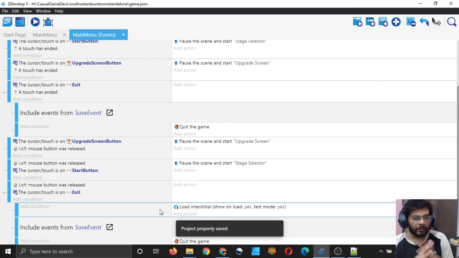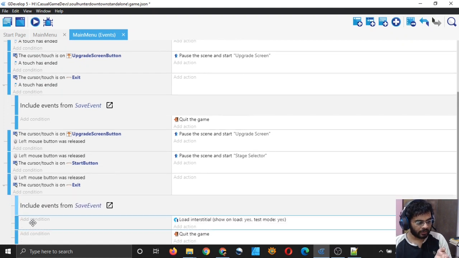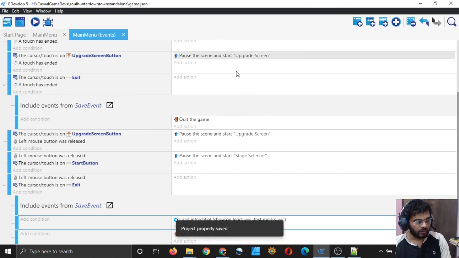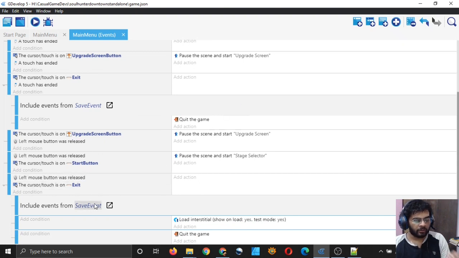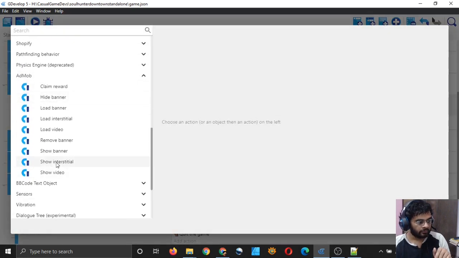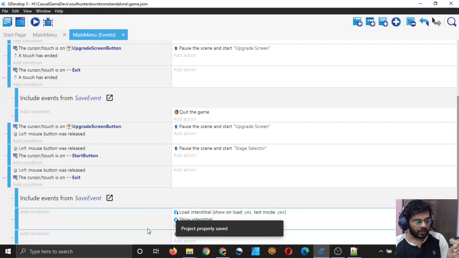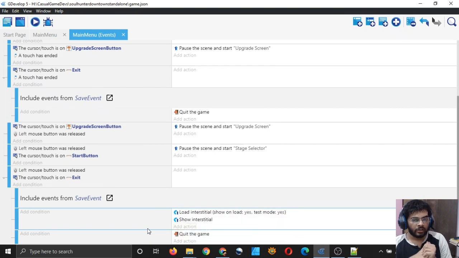And hence the ad will display, but it may take some time for the ad to display. So although we can run the save event, we can simply display the ad after the save event has finished, because saving the game is more important than displaying the ad. So after the save event has finished, we can simply load the ad and display it also, but I will explicitly choose to display it. But we should quit the game after the interstitial ad has finished.